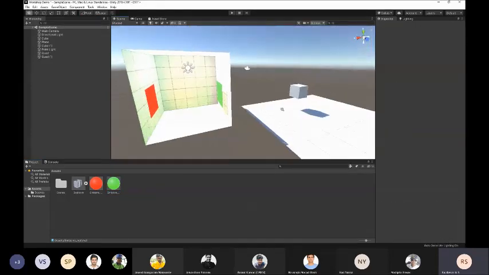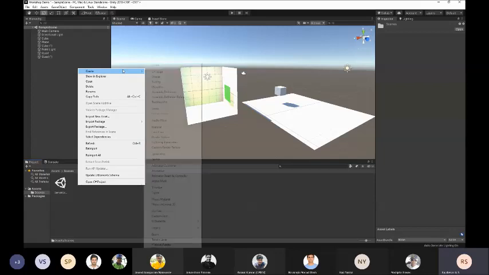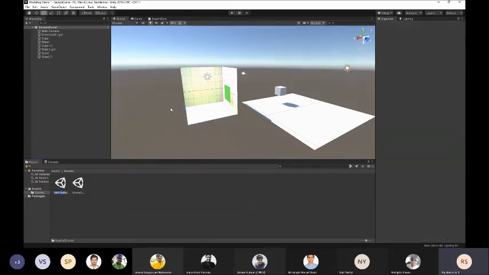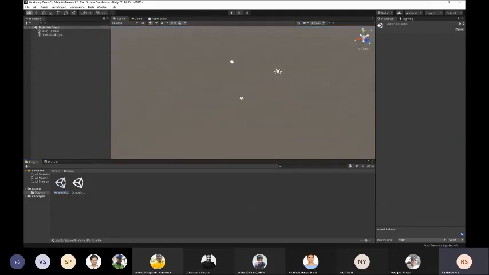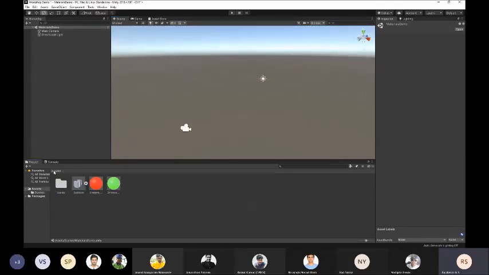So I just create a new scene because I don't want to work on this scene anymore. For creating a new scene, we already have the scenes folder here. I'll open that. I'll right click in the project window, go to create and click on scene. Scene one, I'll call this. And we need to double click to open that scene. So now we have materials demo open. Whenever you create a new scene, these two objects will always be there, the camera and directional light.